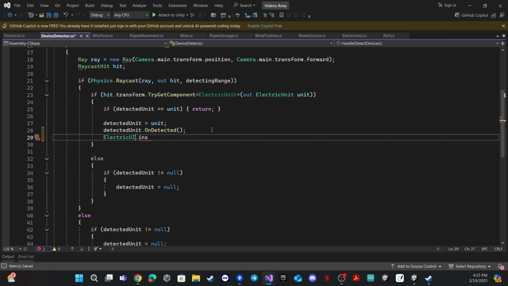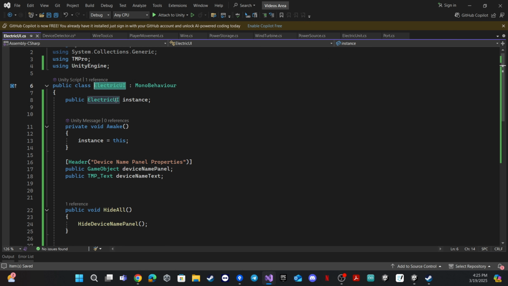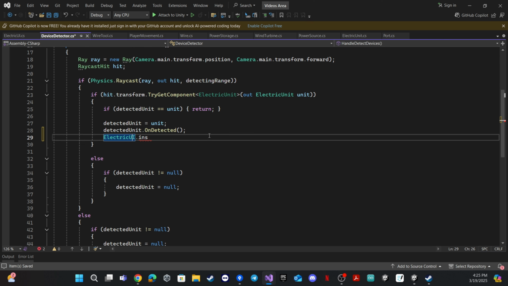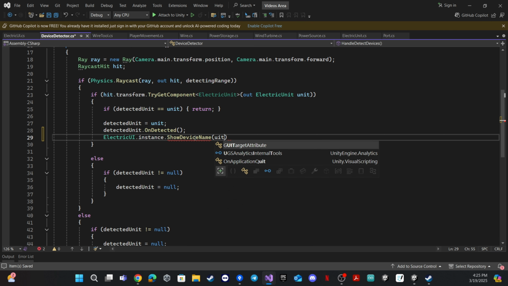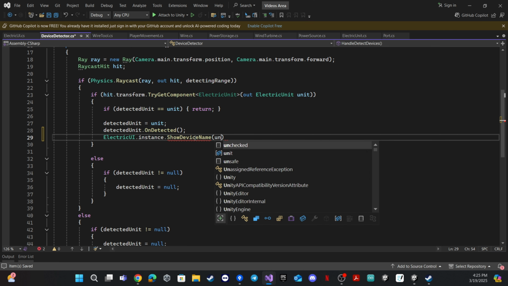I can't reach the instance. Let's check this out. Oh, I didn't make it static. Sorry. We should make it static so we can reach it without an object of the class. So electric UI dot instance dot show device name, and the device name will be the unit that we have detected